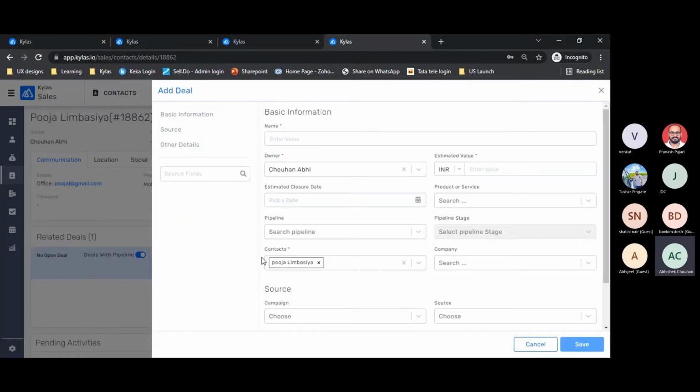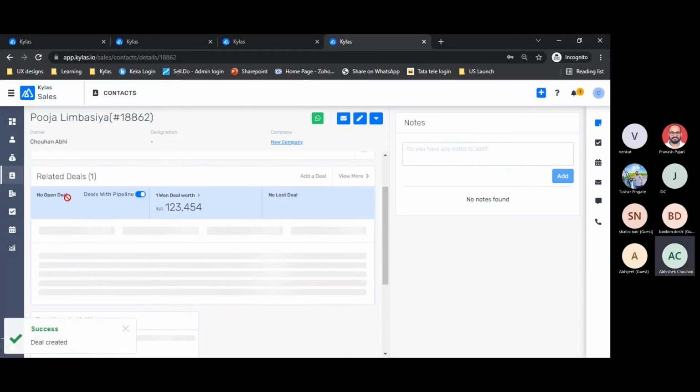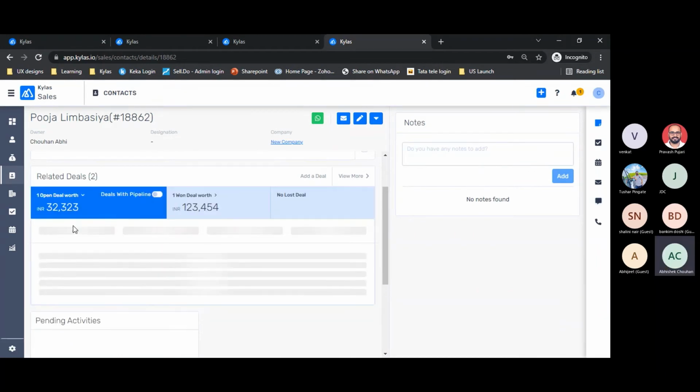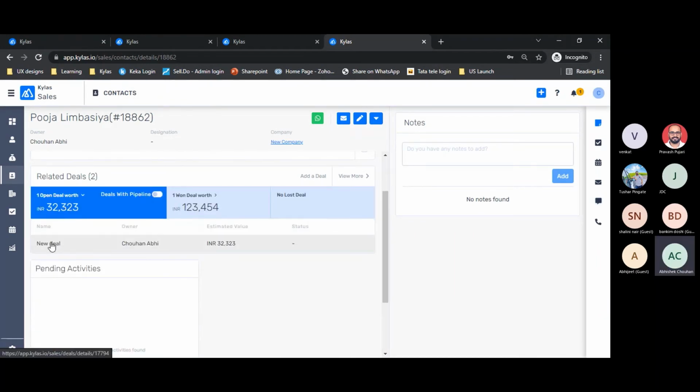At the time of adding a deal, you will see this contact is by default associated with the deal as the associated contact. And let's say I create another deal for a different product that I am pitching to that person, or that person himself or herself is interested in, and I can save this. So now I can see another deal which is open for this person.